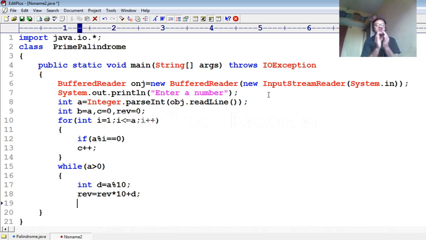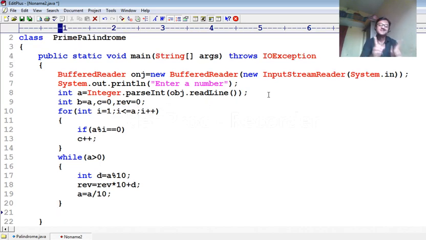And then if you perform the mod process on any number, it will give the remainder, but the number remains as it is. So to remove the extracted digit, you need to write code like a equal to a divided by 10. So this code will remove the digit, like 123. After writing this code, a 123 becomes 12. Why? Because the divided value I'm storing in the same variable a. So a will lose the previous value and store the current value. You know, a variable always stores the current value. Now close the curly bracket. So I already performed the reversing process.